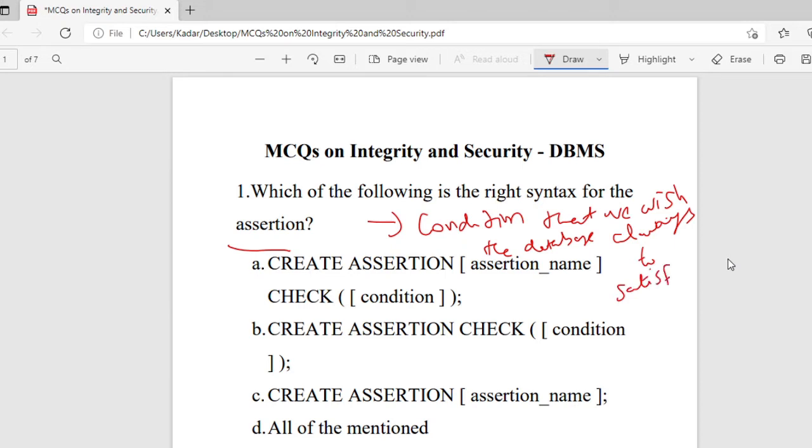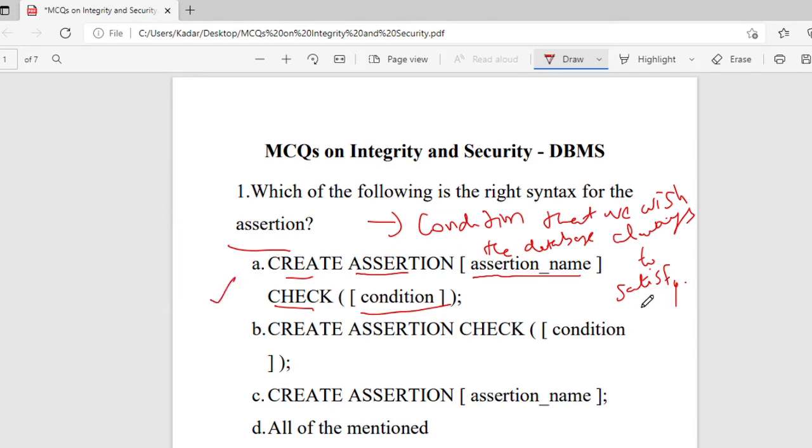So that is the definition for assertion. Then the right syntax for creating the assertion is create assertion, assertion name, then check, then the condition. So this is the right syntax for creating the assertion.